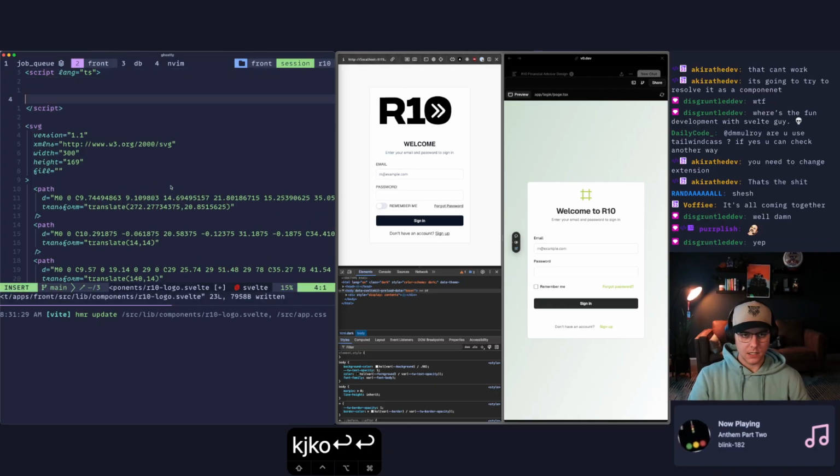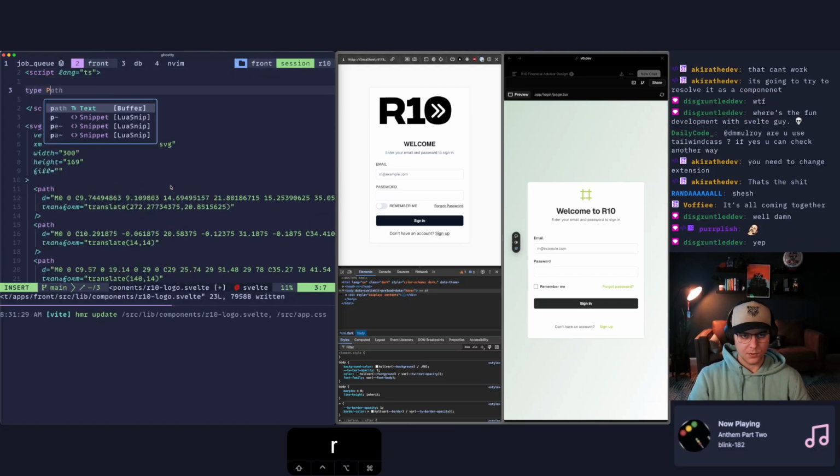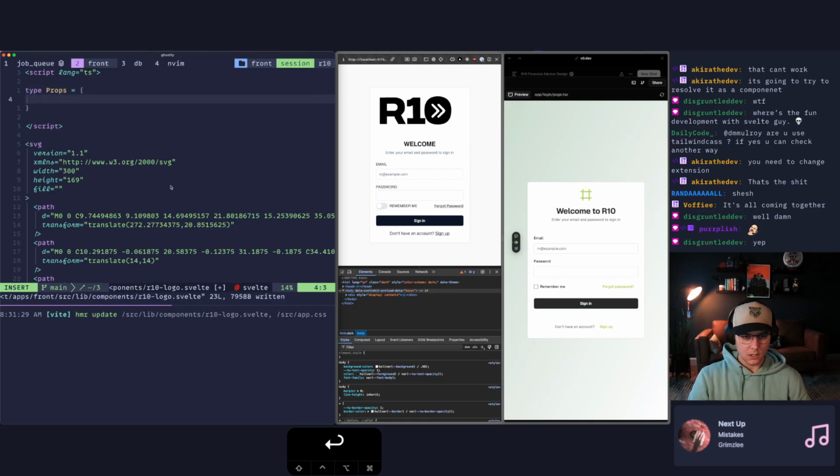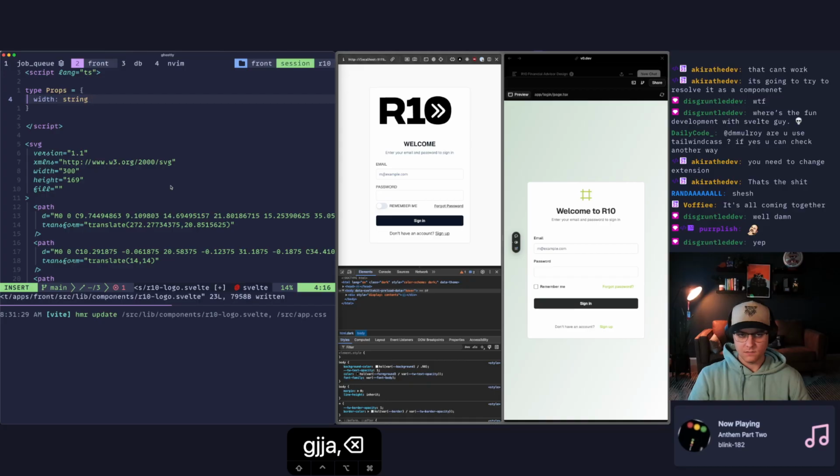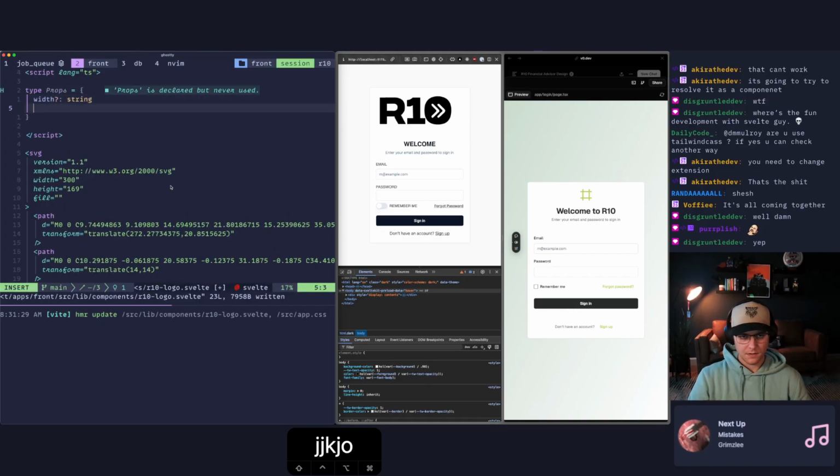And we'll say type props is going to equal width, and this will be a string, and this will just be optional, and we'll give some defaults, I guess. Width, height,